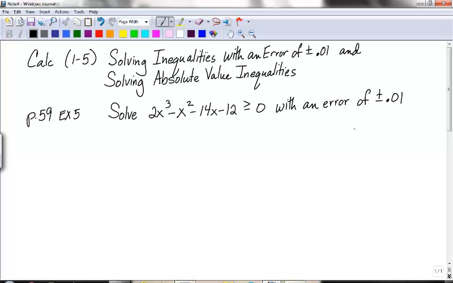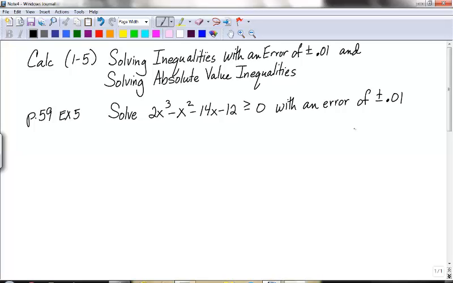Okay, so what you need to do on your calculator, go ahead and put that in y sub 1: the 2x cubed minus x squared minus 14x minus 12. Okay, and then if it's with an error of 0.01, we're doing those graphically,